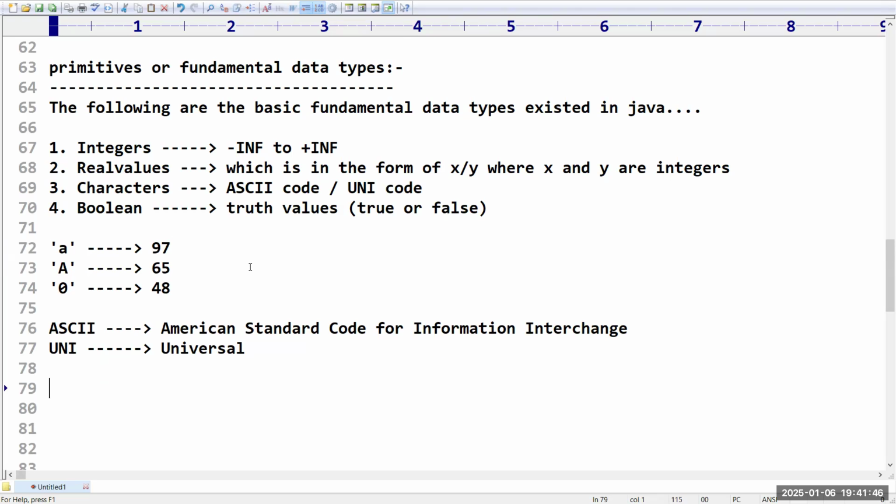Characters are ASCII code or Unicode. Boolean values are true or false. Sir, any queries up to this? Please confirm. Everyone clear? Everyone feeling comfortable up to this?